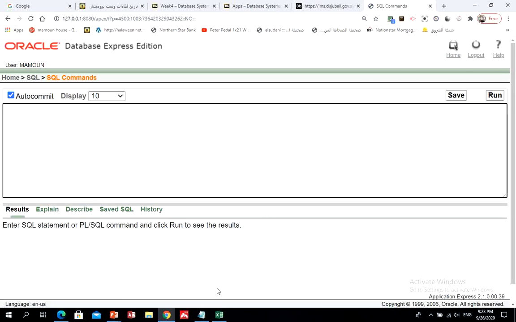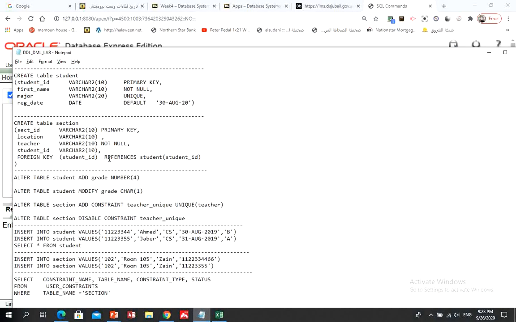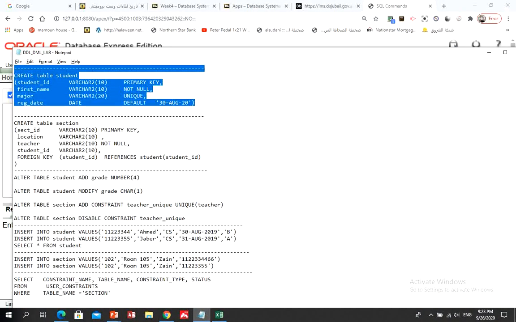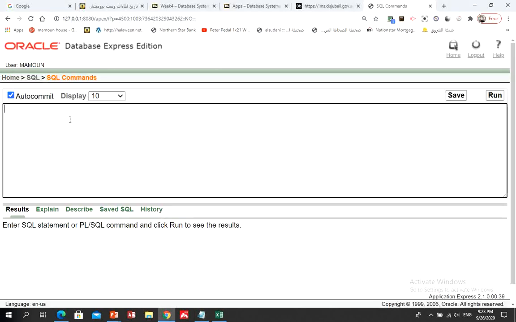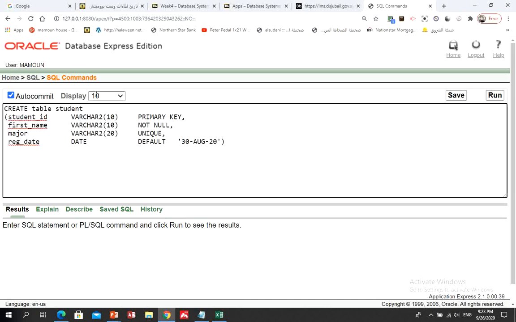So let me first go over the create table command, which is, let me just copy this one and then explain it on this box, editor box of the SQL Apex. Create table student. I would like to create two tables. One of them is called student, the other one is called section, in which a student takes or registers in sections. For this example, I have this create statement, create table, and then the table name, which is student,